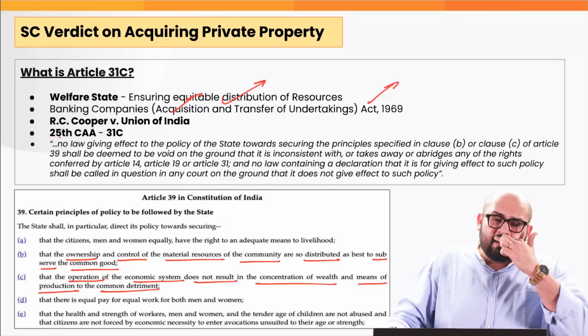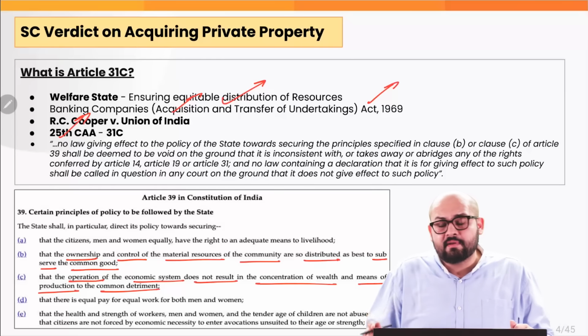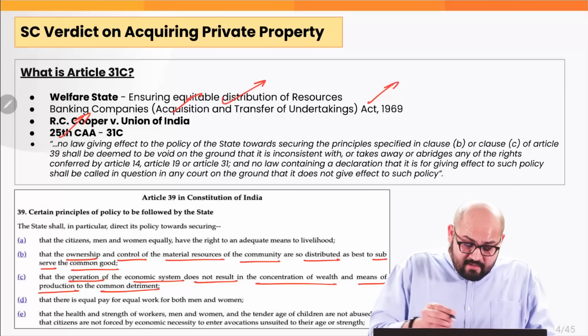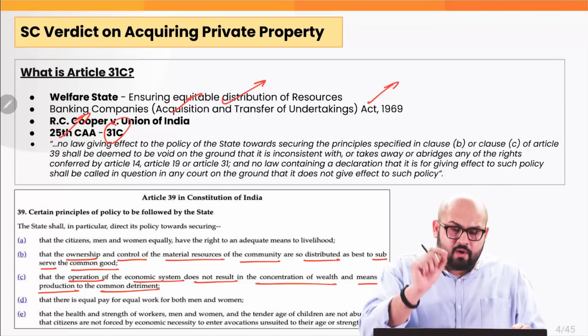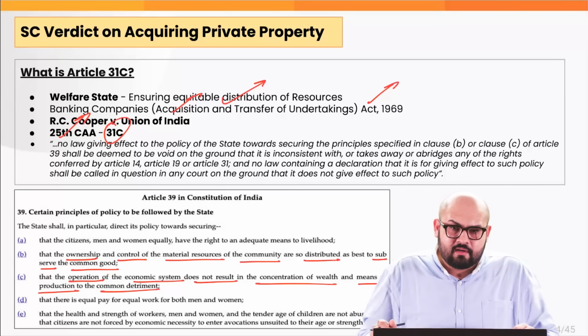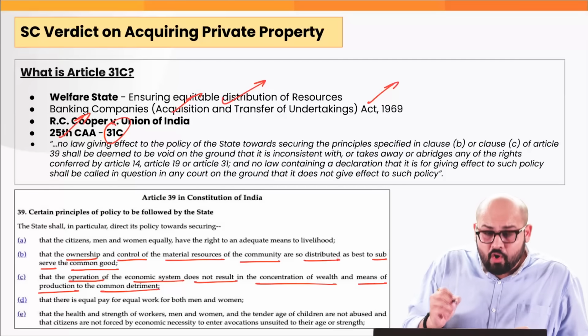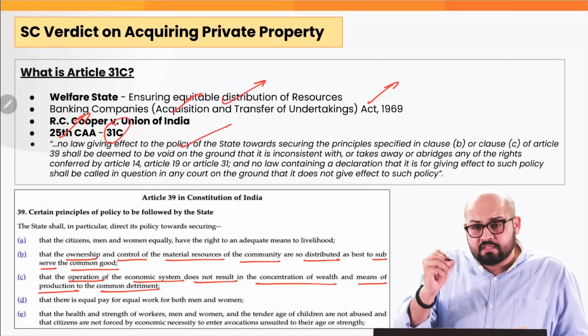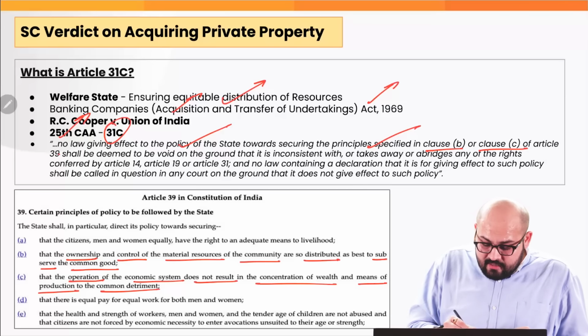Because of this, we had the 25th Constitutional Amendment Act of 1971, where Article 31C was provided. I have given the exact verbatim wording of the changes which were made. This amendment said that no law giving effect to the policy of the state towards securing the principles specified in Clause B and Clause C of Article 39